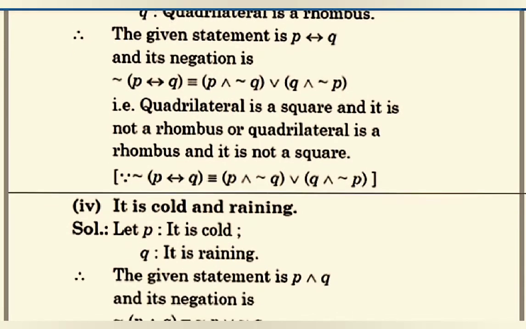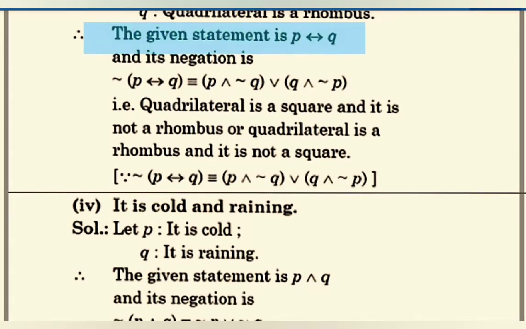The given statement is P biconditional Q, because here the words "if and only if" are used, since it is a biconditional statement. And its negation is negation of P double implication Q, which is in brackets P and negation Q, or in brackets Q